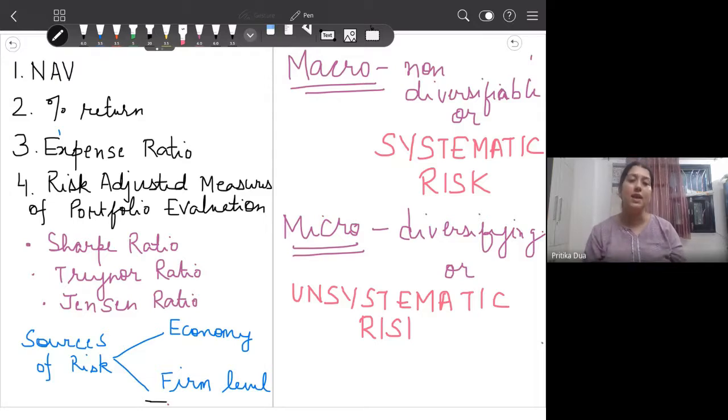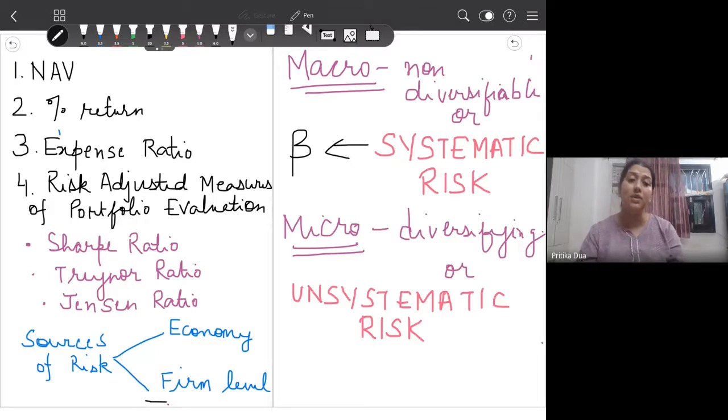When I say completely eliminated, to a large extent you can reduce the level of risk by diversification. The measure of systematic risk is beta. All this we'll do in detail in the 5th unit, where we will cover the types of risk measurement and the methods of measuring risk and return in detail with practicals. But when I introduce the risk-adjusted measures, I have to give you an overview of the categorization of risk, so I am trying to cover it as briefly as possible.